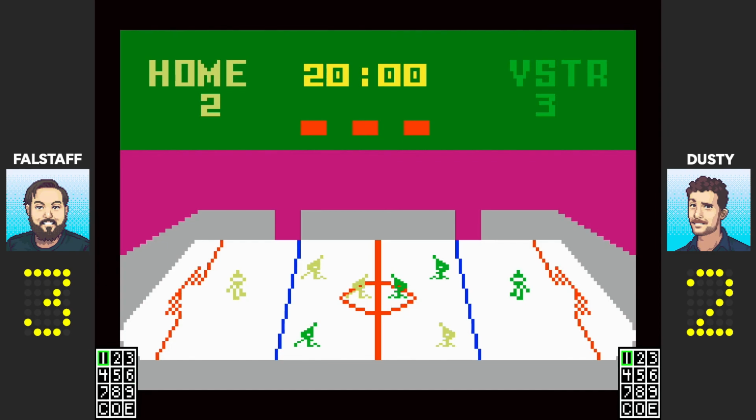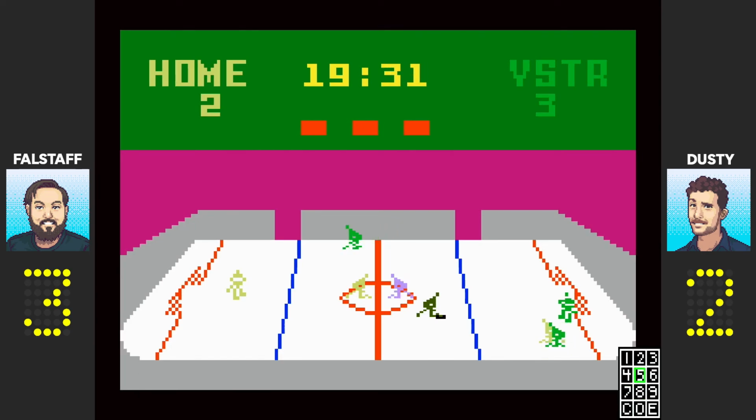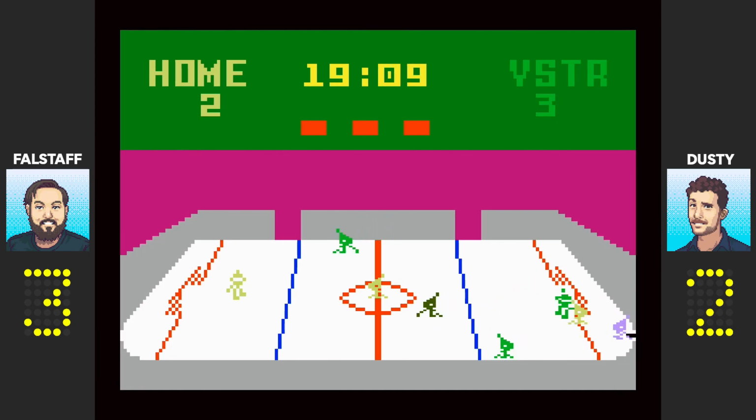Before we leave though, I'm just gonna jam on everything. Yeah, so let's experiment. I'm sure there's other buttons. It also strikes me that the Intellivision had physical switches on the console itself. Yeah, so this would have been the button layout, but then you would have had the directional pad, right? Which was one of those circles. What I would like to know is, can I score on my own net? I strongly doubt it. You just went through my own net. Yeah, so you can see that it's completely